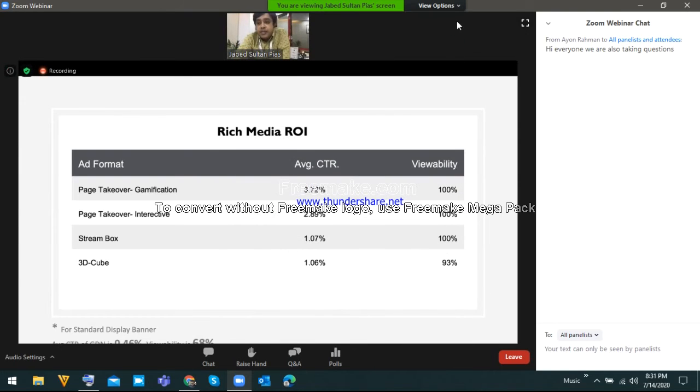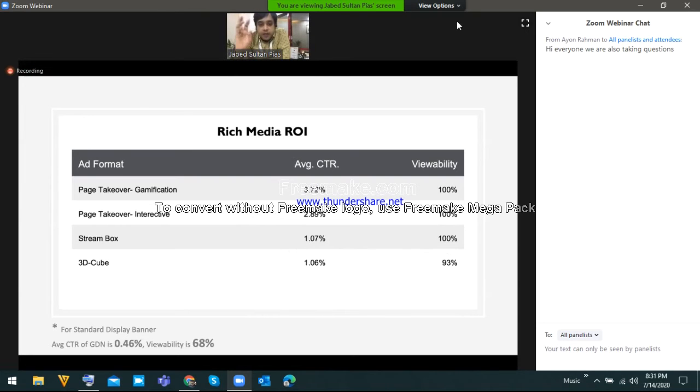and viewability is 68%. So if you compare standard banner ads with this sort of rich media banner ads, you can find the effectiveness or the ROI of your campaign or any rich media campaign. This is our own experience. I believe it varies from platform to platform, and you can even get better results from your campaign on some different platforms. But this is a summary of all the rich media campaigns we ran over the last 1